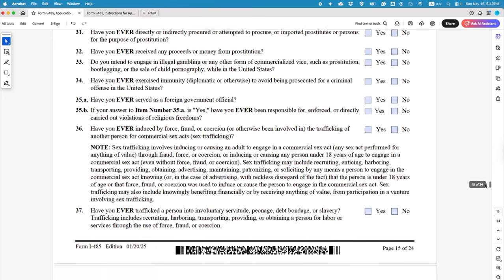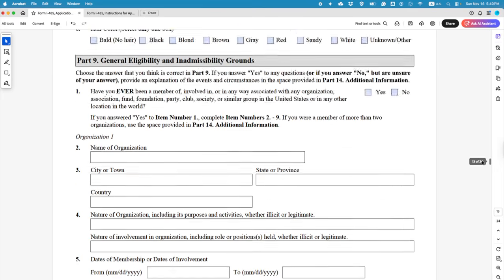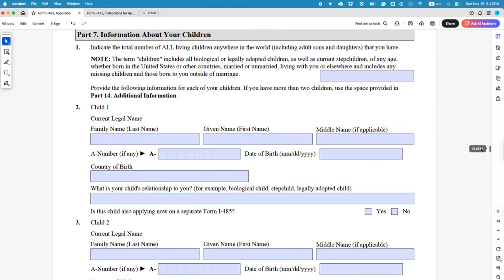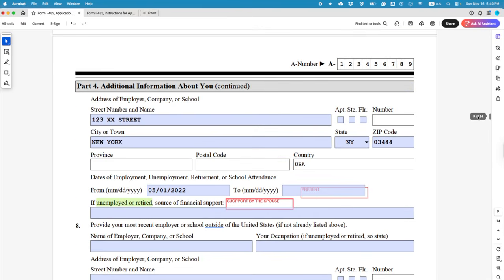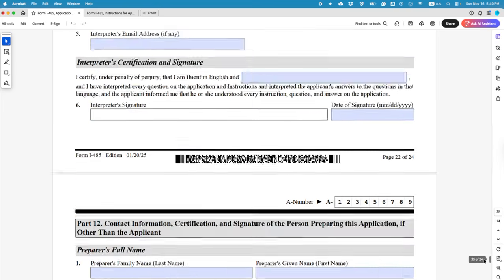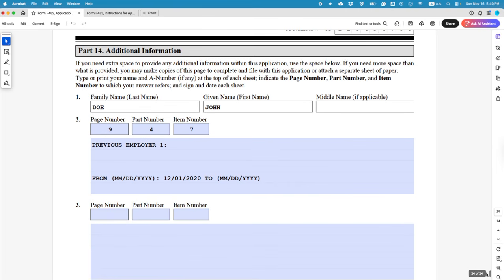I said I worked here, so there shouldn't be any gap left in between my employment or student history. So this starts from 5/1/2022. Maybe I was working in another university from 5/1/2020